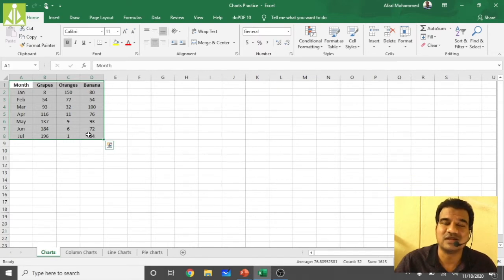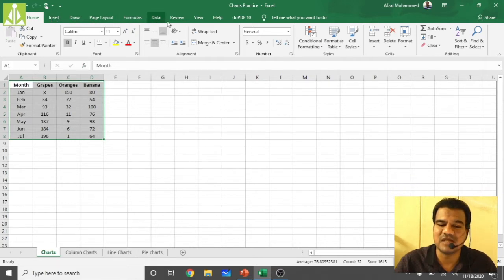After selecting the data only, you can apply any type of feature. Charts are also one such feature, so before applying it you must select the data on which you want to apply the chart. After selecting the data, simply go to the Insert tab.